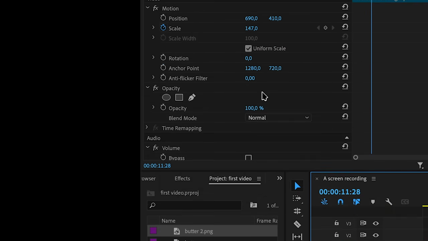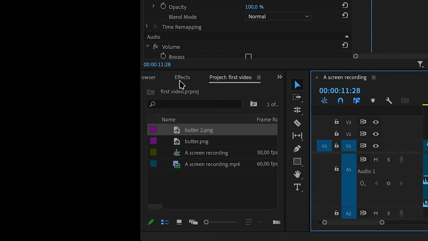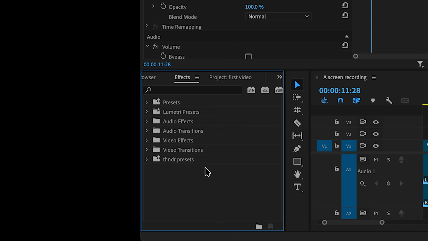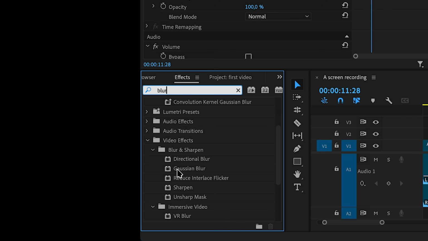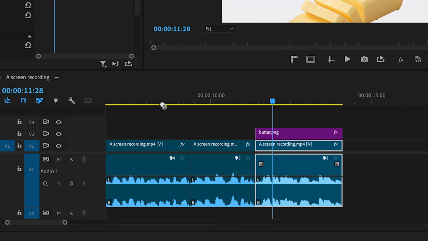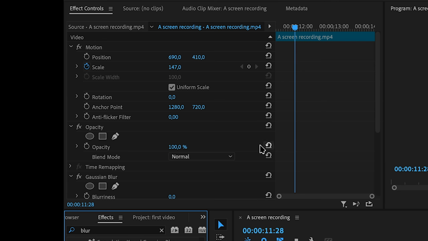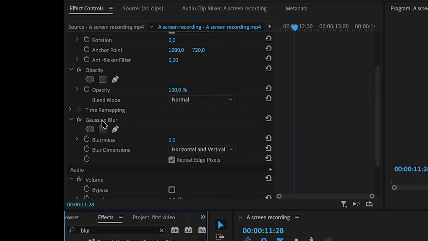and that's because blur is an effect. You can find effects inside of Premiere in the Effects group. Here you'll find a bunch of video and audio effects. So in the search field, I'll type in blur, and here under video effects, I'll be able to find Gaussian blur. To apply an effect, I can pick it up with my mouse and drag it onto the clip that I want to apply it to. In this case, I want to apply it to this effect. So I'll release my mouse and you can immediately see that Gaussian blur appeared inside of my effect controls,